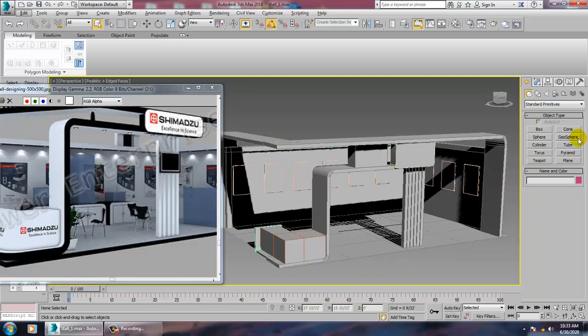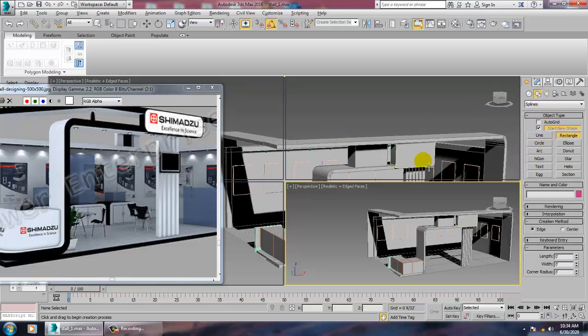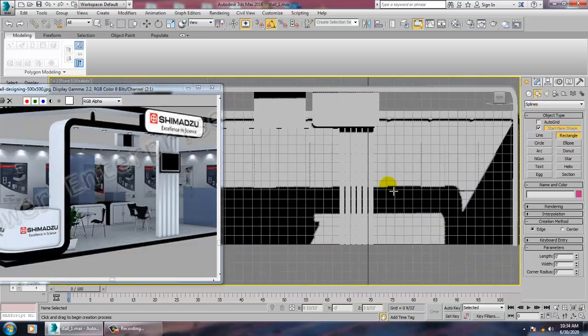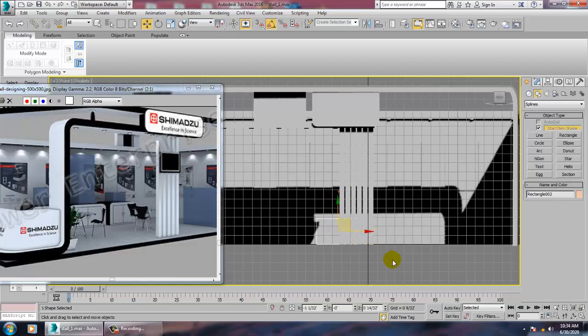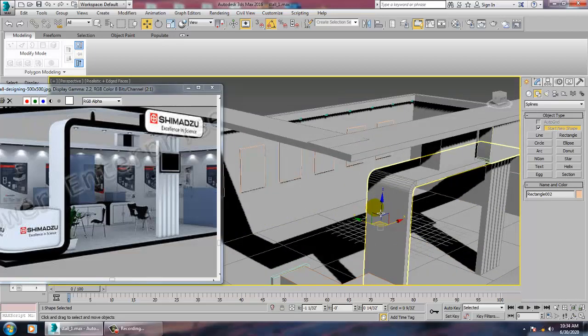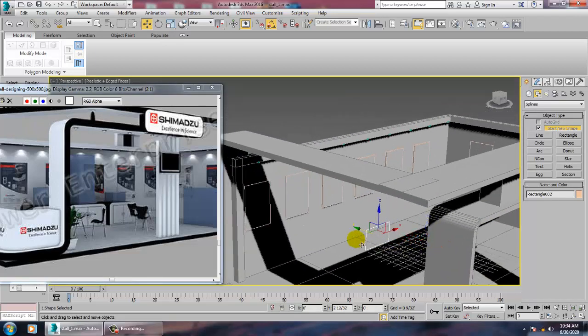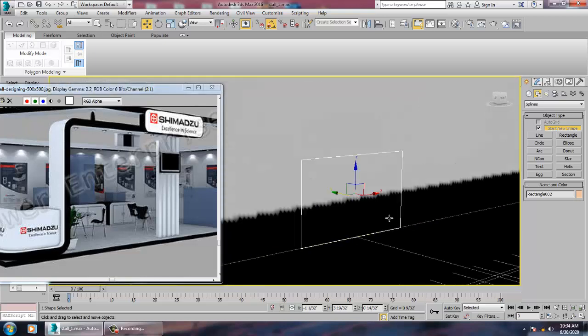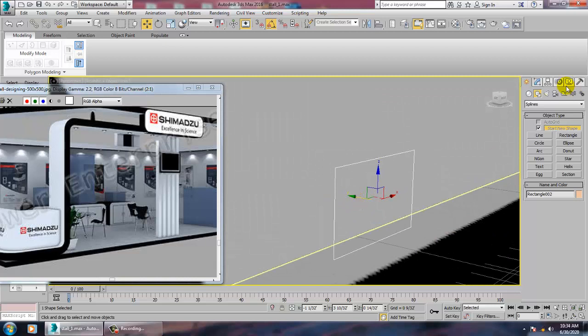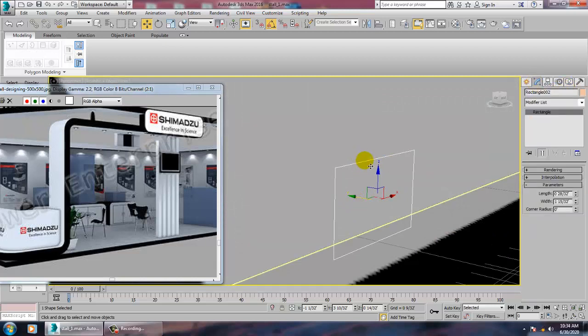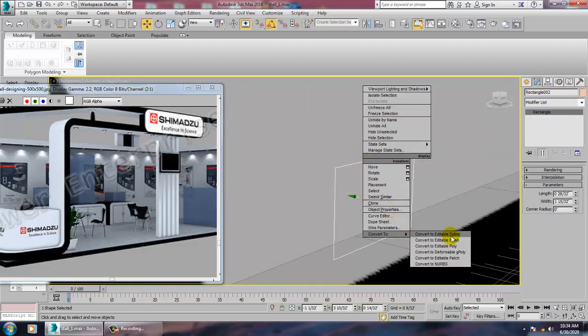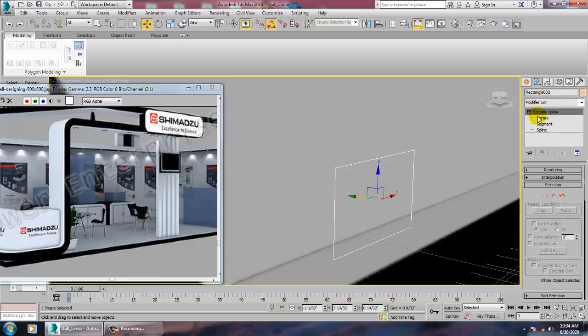For that, what we'll be doing over here is, let's go into the spline. Let's go into the front view and take a rectangle over here. Push this rectangle till here, right click and convert to editable spline. Go into there, select the vertices,